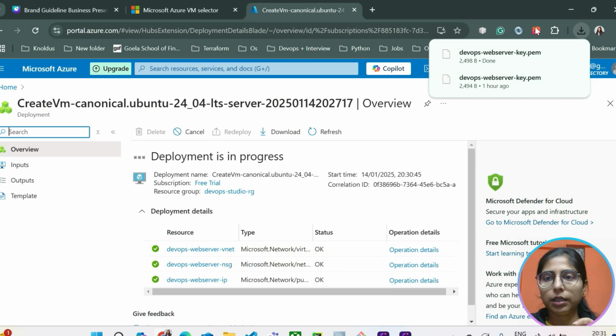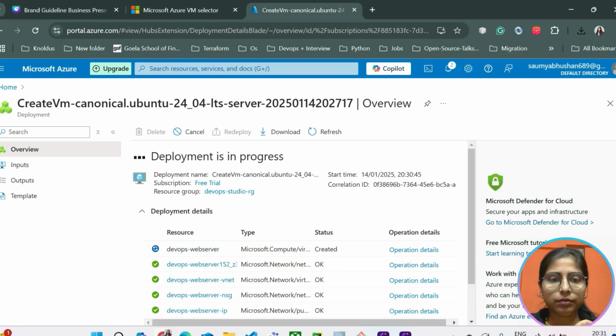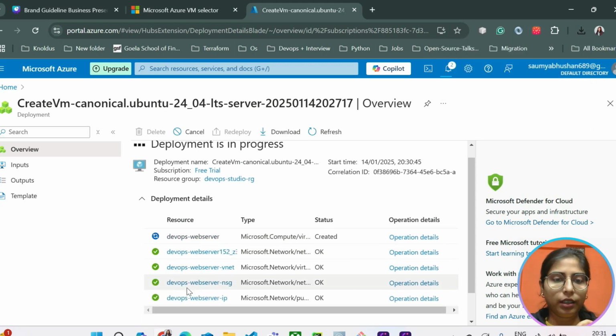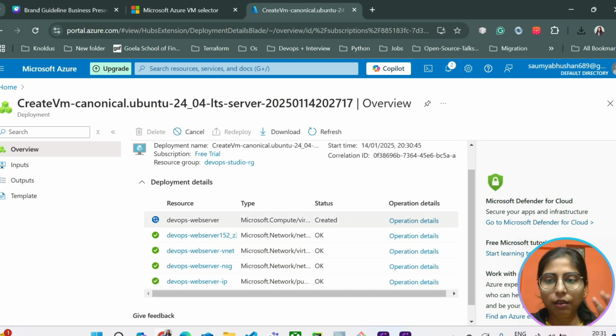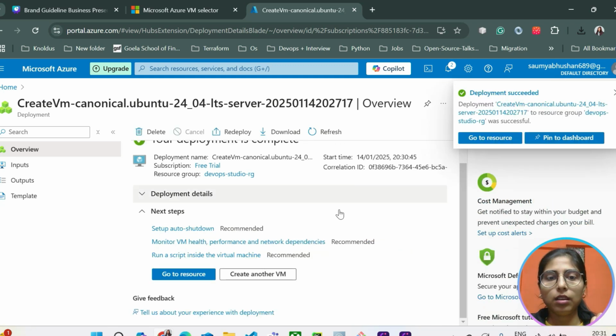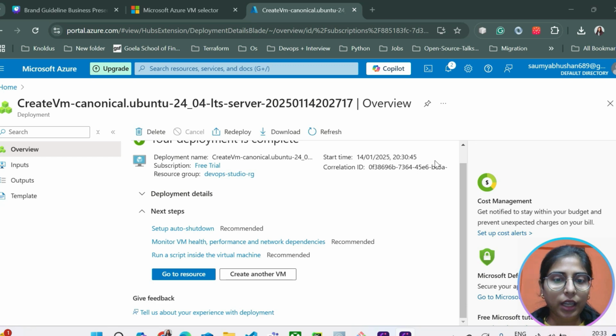After a few seconds the deployment will get completed. So you can see different resources have been created like IP, NSG, VNet. Currently it is trying to create the web server. The resource has been created. You can see the deployment succeeded status. So yeah, you can go to the resource from here